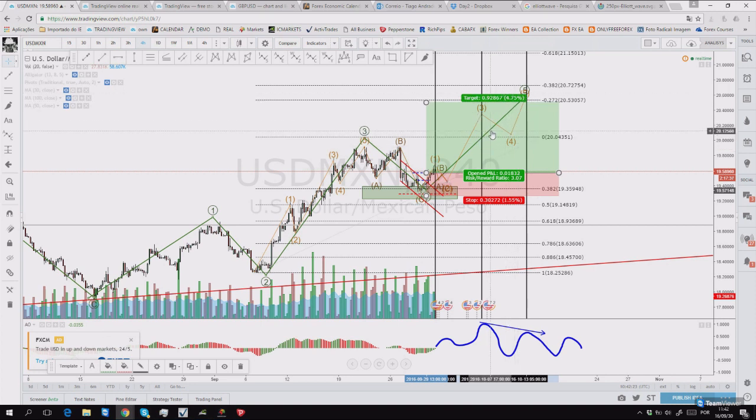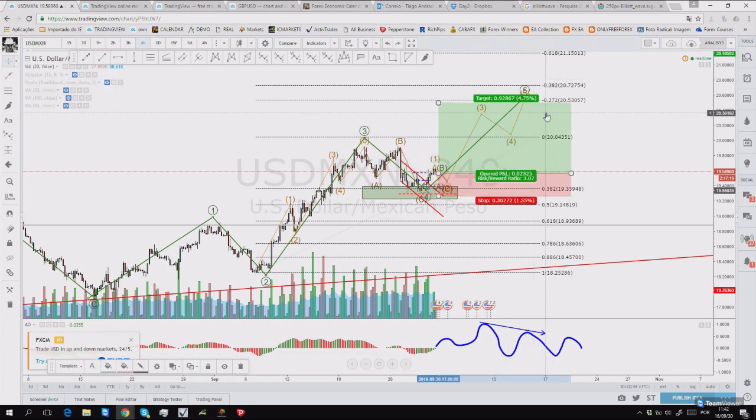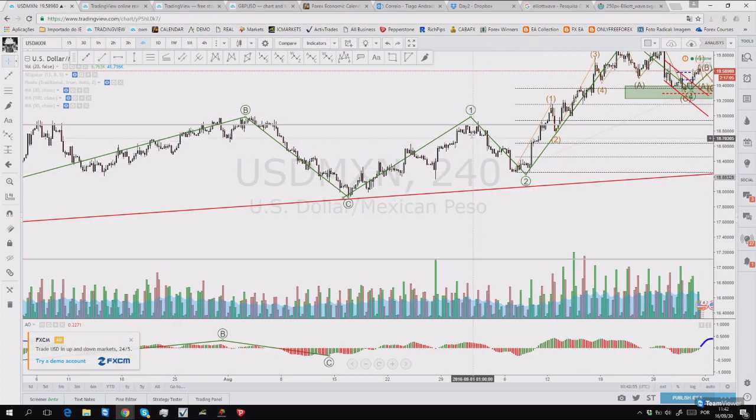And why is it a wave 1 to 4 trade? Because this is a wave 5. Let's see if we had done this on wave 3, what the ratio would be. And let's count the things. Let's imagine we're here. Okay, I have here a zigzag, an ABC, A, C,